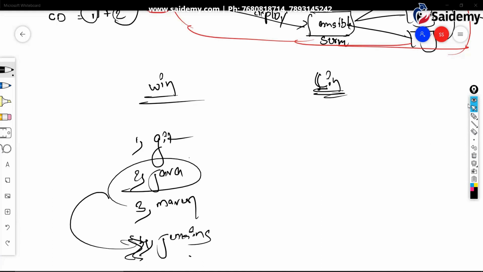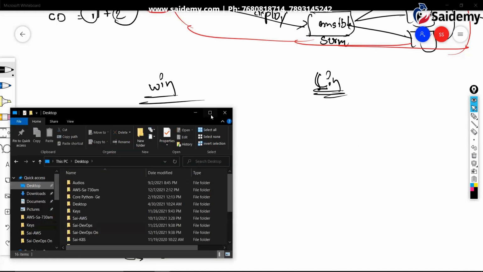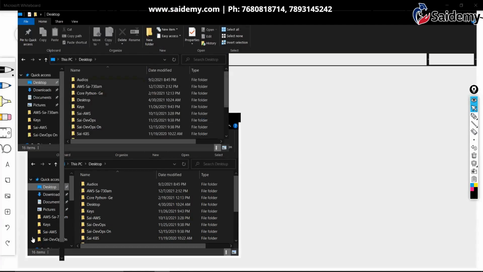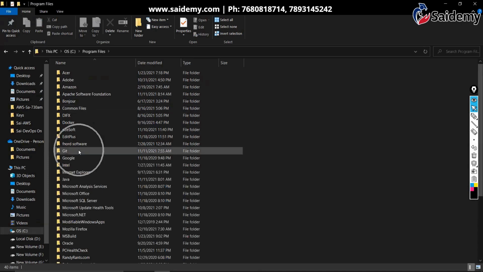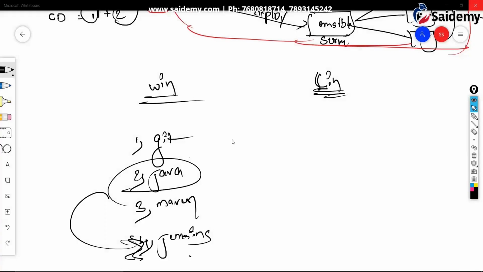Today, I'll uninstall everything from my laptop. I think in my laptop already, these things are there. Let me just show you. C drive. Yeah, you can see Ant is there. Jenkins is there. Okay, all these tools are there. So what I'll do tomorrow, I'll uninstall all these tools. Java also is there. Git is there. So tomorrow I'll uninstall all these things from my laptop. I'll keep it clean so that I can show you from scratch. Okay, I'll install in front of you, so that you should not get any errors. Got it?